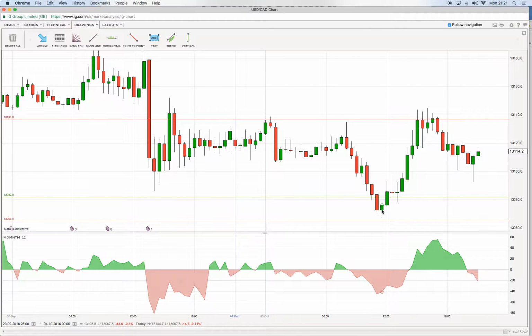But what happens in this case, just to be sure that the market is actually going in our direction, we buy a few ticks above the high, this high here. So we bought at 1.3082, and then we let this trade run its course. Now, where do we actually, if we want to use the momentum to time also our exit,